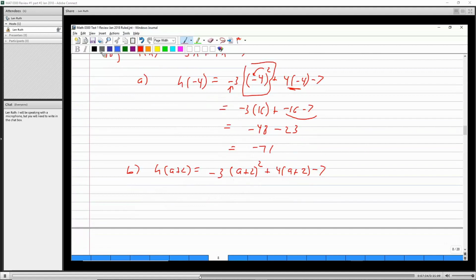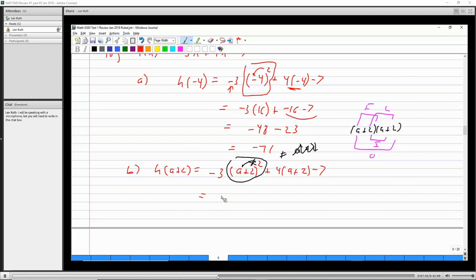Now be careful on the a plus 2 squared part. The most common mistake that students make in algebra is to think you can square them separately. It doesn't work that way. This is not a squared plus 4. It'd be nice if that were true, but it isn't. You have to FOIL this. You have to take a plus 2 times a plus 2, because that's what the square means. Then you do FOIL. Do the first product, outer product, inner product, last product. So if you do that,